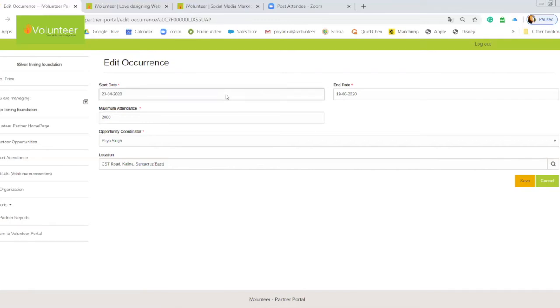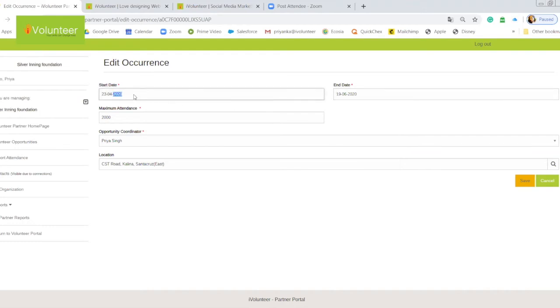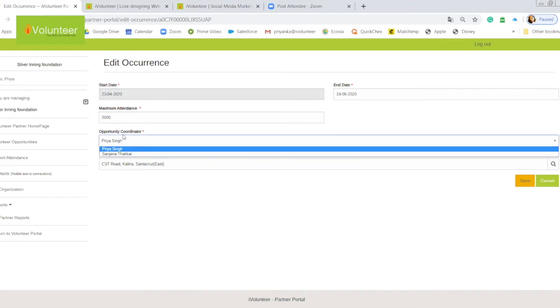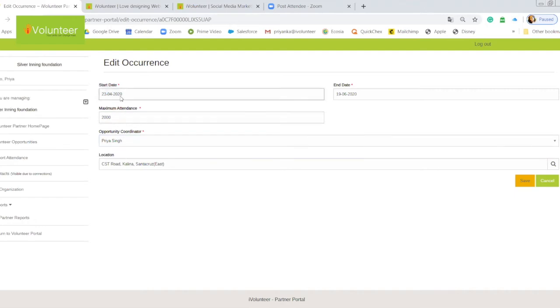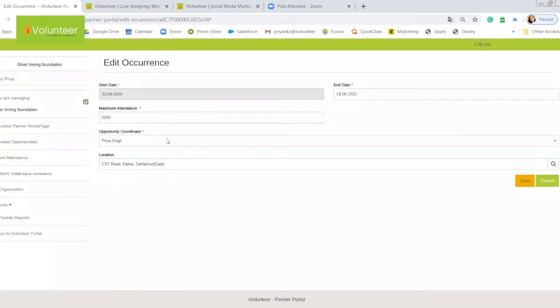If I wanted, I could have changed the location here as well, but I'm not able to edit the occurrence properly.